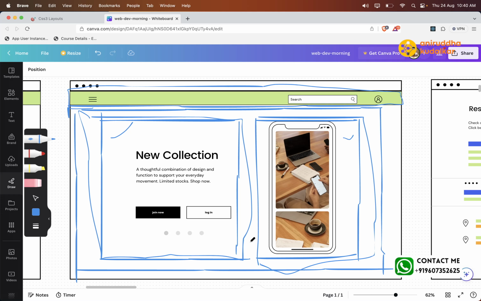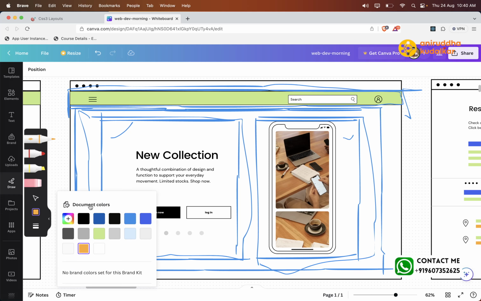Getting my concern? What do you mean by layout? How do you place this navbar at the top? Then how do you add this main container around this? Then inside this, we can say